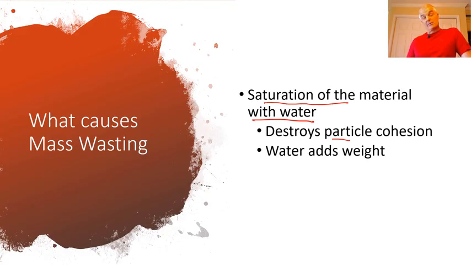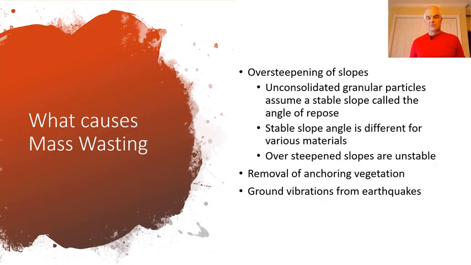Now you need some water to hold it together, sort of a balance between holding the soil together and just destroying the soil. Because remember, in a mass wasting event, there's usually some kind of a hill, and if it's got soil and stuff in it, if it sticks together, it'll stay together and it won't have the mass wasting. But if you get too much water, it'll just destroy any cohesion and it'll break down. Of course, the water adds weight, and boom, rock slide, mudslide, whatever it might be is going to happen.